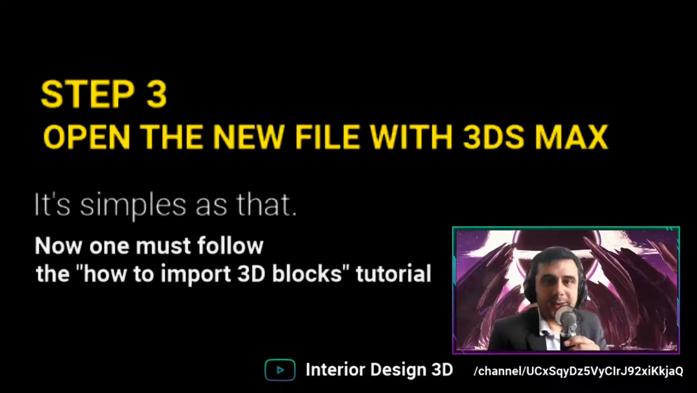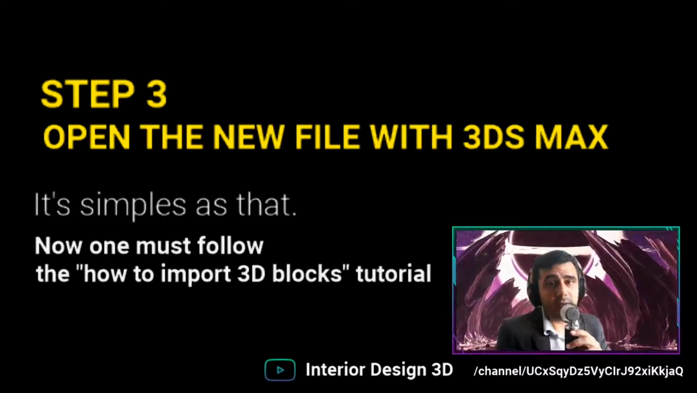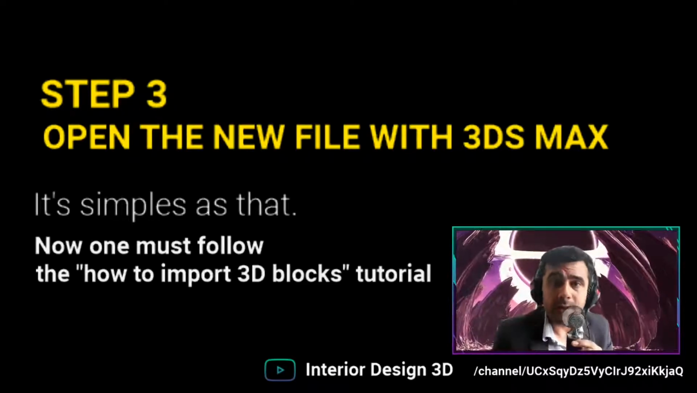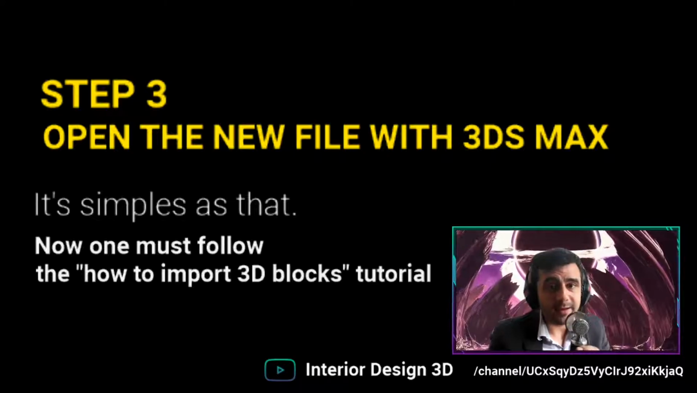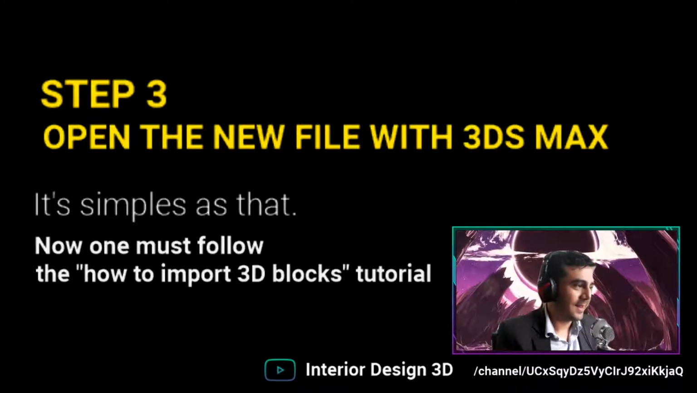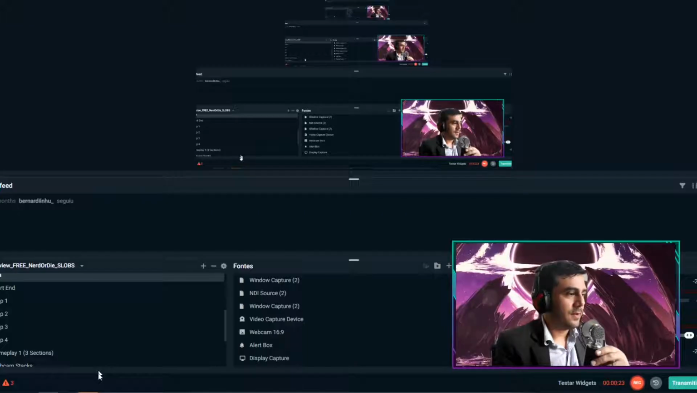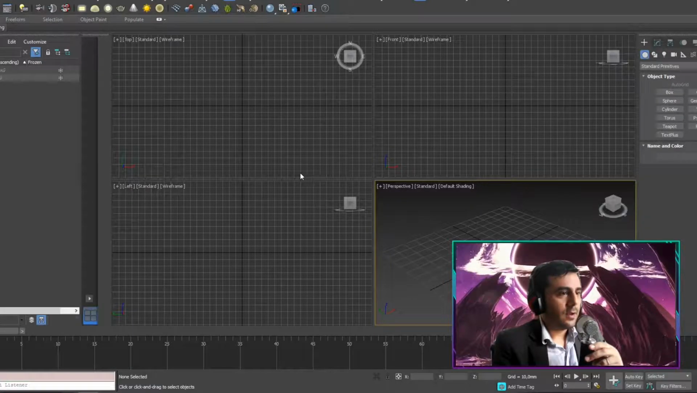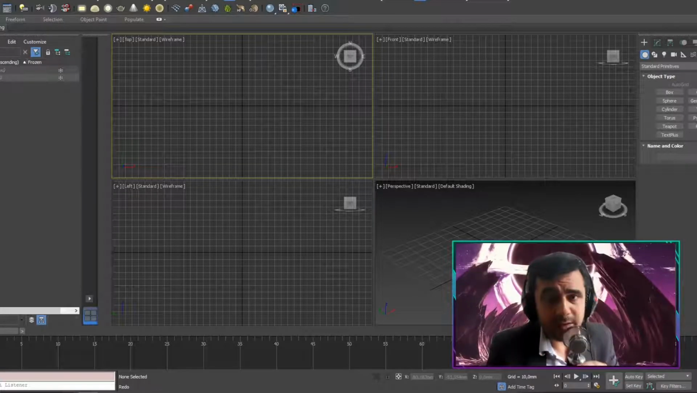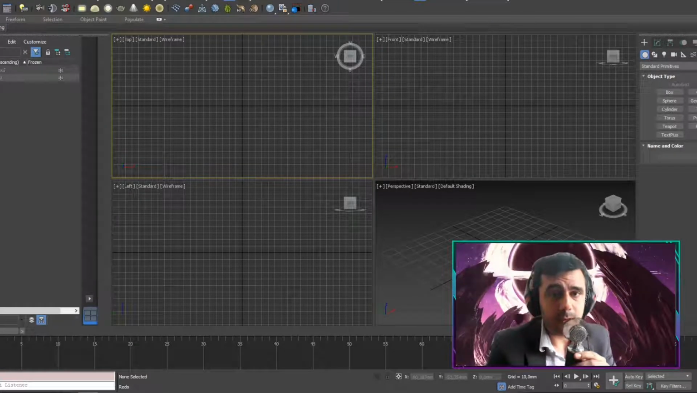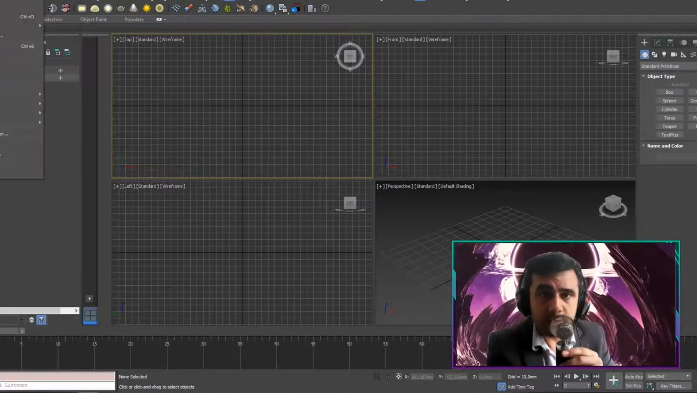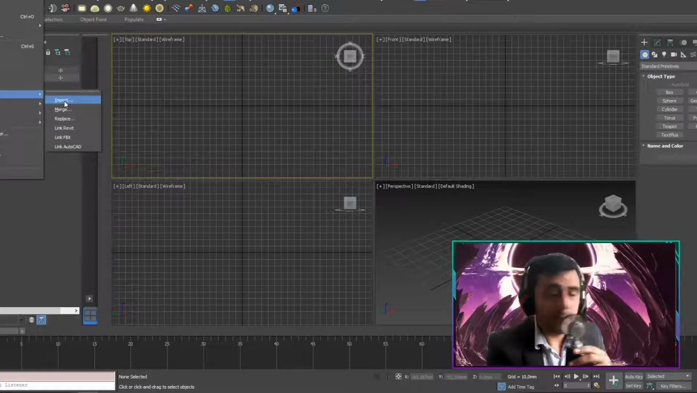Okay, friends, now that we have converted the file to the correct version, we will open this new file in 3ds Max, and this time this will work. Let's see. Look, here I am with 3ds Max open. Have in mind the error we saw when we tried to open the original file. I will go to File, Import, Import. It's the same